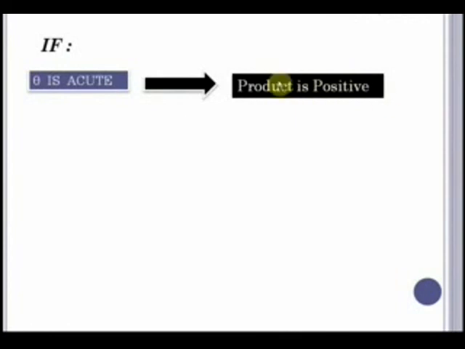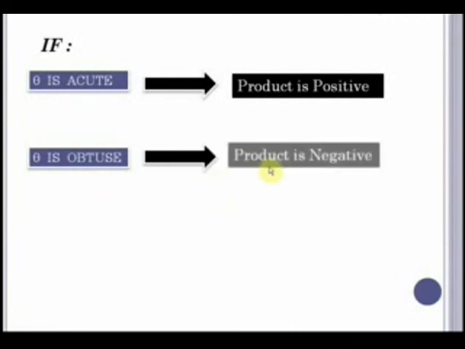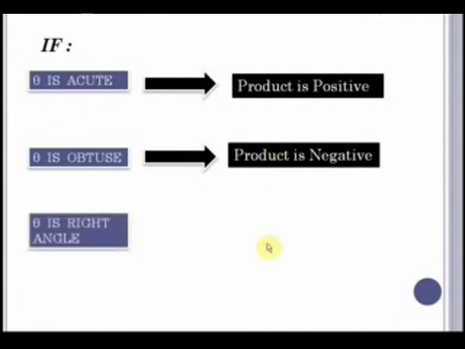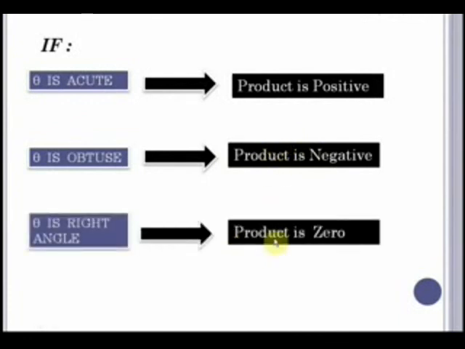Now if theta is acute, or the angle between the two vectors is acute, then the dot product would be positive. Similarly, if theta is obtuse, then the product would be negative. Thus the dot product would be negative if theta is an obtuse angle, and if theta is a right angle, then the product is 0, because cos